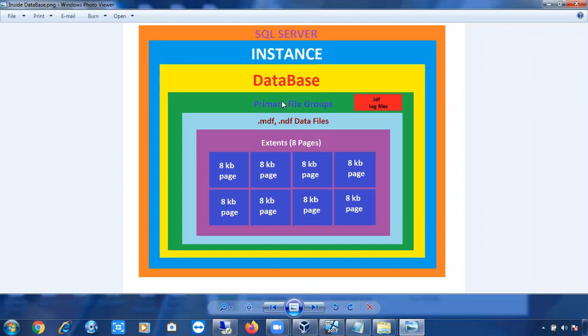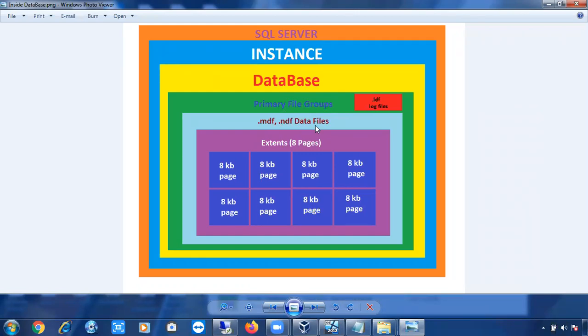So usually you can see here in the databases, file groups and log files will be there. For the log file, there is no file group concept. Only for data files do we have a file group concept. Inside the database, you will have file groups and your log file. Inside your file groups, you will have your data files. There are two types of data files.